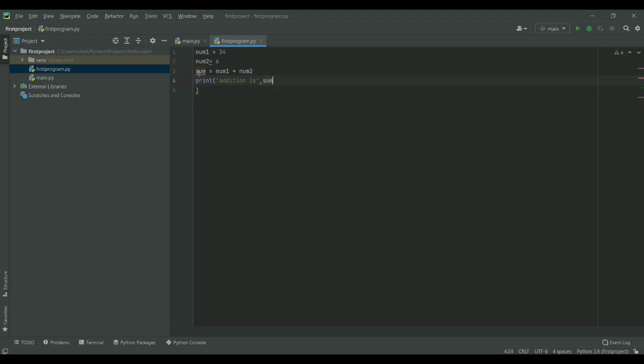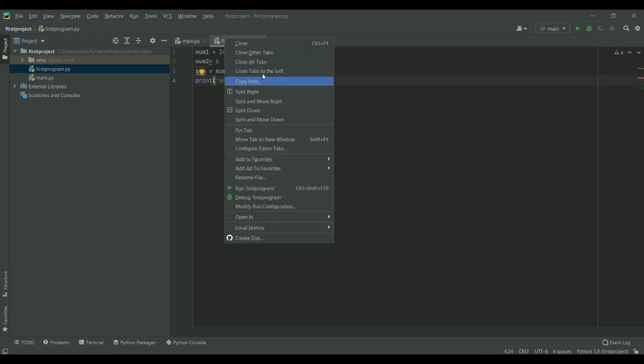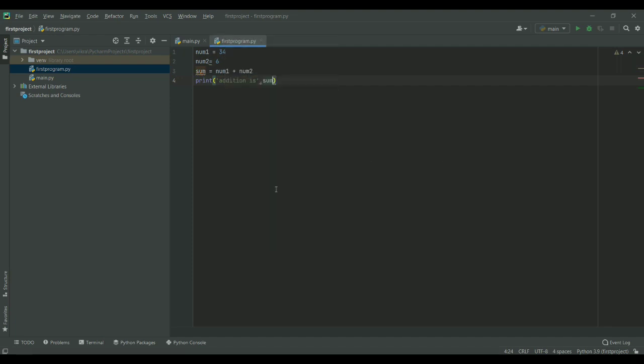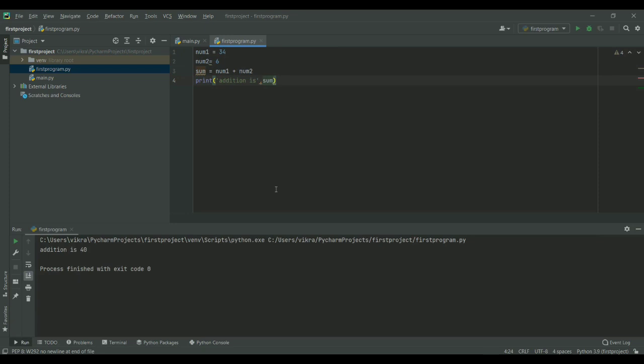So this was the code that I used previously, as you can see, and the same code I am using here also, and we'll check if it will print. Yeah, it worked properly and it's printing the correct output.